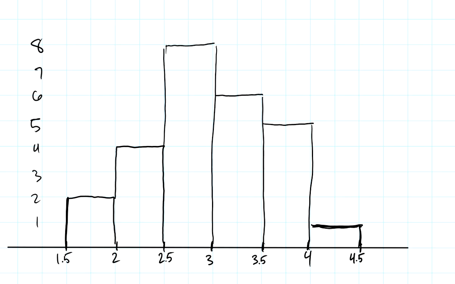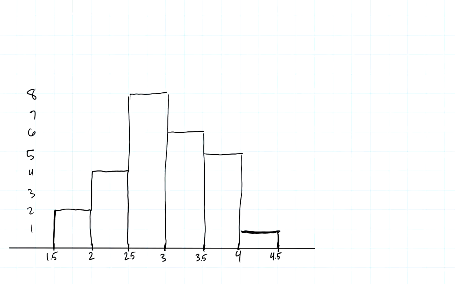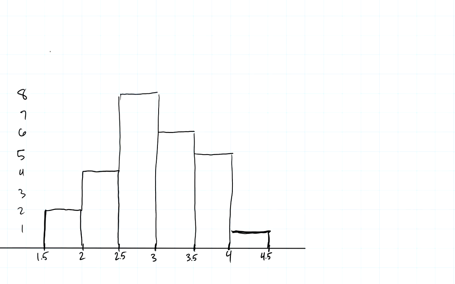Now we're asked to create a stacked box plot and histogram. We're also told to use the exact same scale for our box plot. So above, what I'm going to do is set up our box plot. And this number right here represents the number 1.5. That's not exactly where our box plot starts. It starts at 1.58. That's the minimum. So if that's 1.5, this would be 1.75. So somewhere in here, and I'm just going to make it right in here, we'll say this is our minimum value of